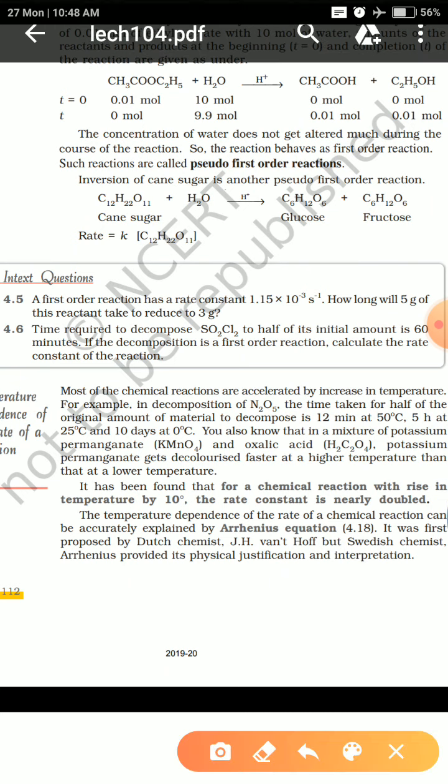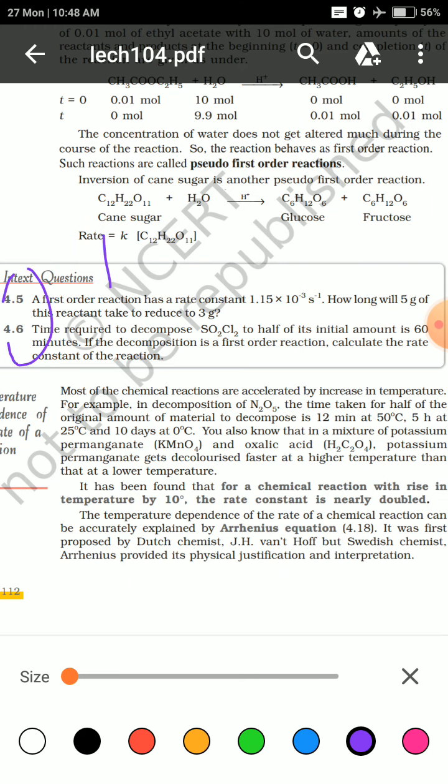So try to do both these questions as homework. They are simple questions, there is nothing much to worry about. You have the equations, so think logically how to evaluate and find the answers. Try to do it by yourself. If not possible, just mention in the comment box that you are not able to do it.